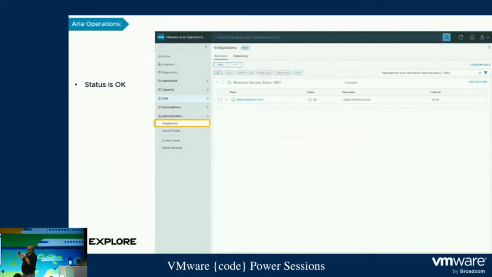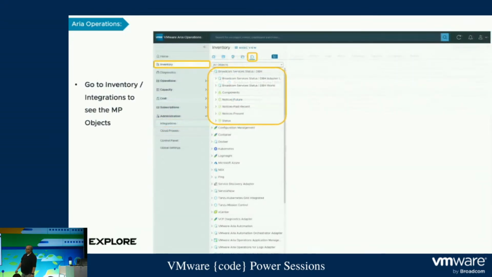So once you install the management pack, you define it, you add it, and then when you come back in here, you'll want to make sure that the status says okay. And like most things in Operations, every 5 minutes is when it does its collection. So give it a little time, 10, 15 minutes, to start pulling in some of that information. And then when you let it sit for a little bit, if you go under inventory, now you'll see that